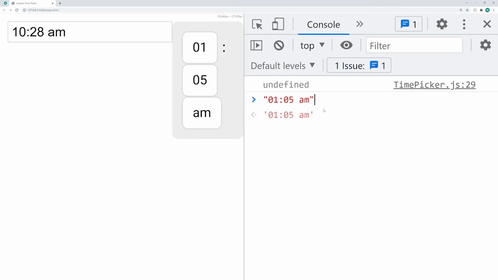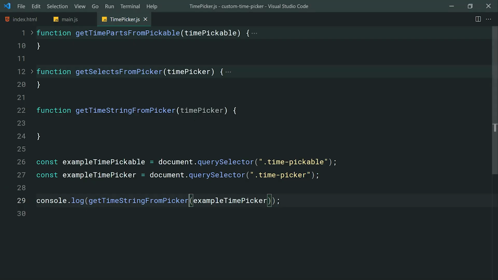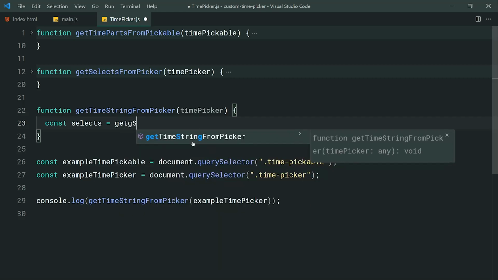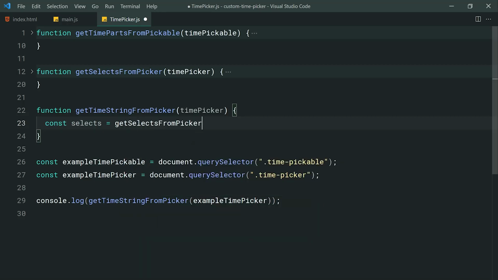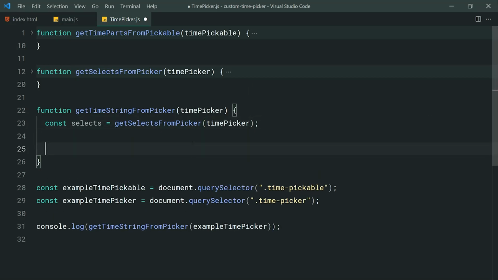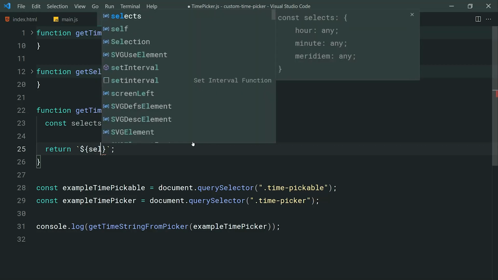Okay, so going back inside the JavaScript, it's going to be relatively straightforward. We can just say const selects is equal to getSelectsFromPicker, passing through here the time picker, and we can just return here using the JavaScript template strings, the backticks near the 1 on the keyboard. We can now make use of template literals, which means I can just say $, then curly braces, and put an expression through here. I can just say